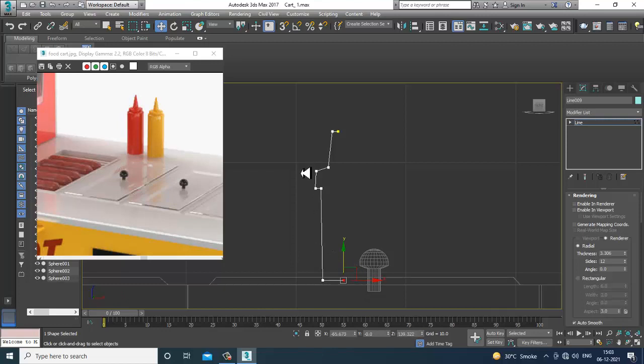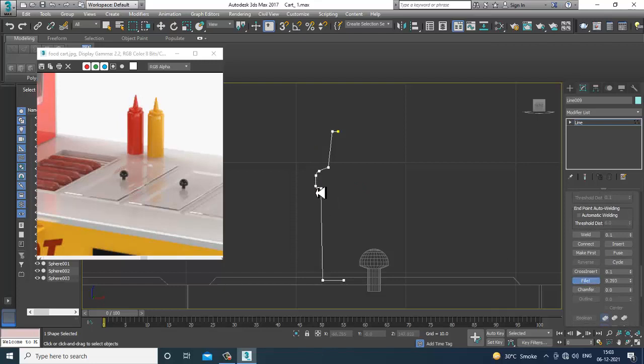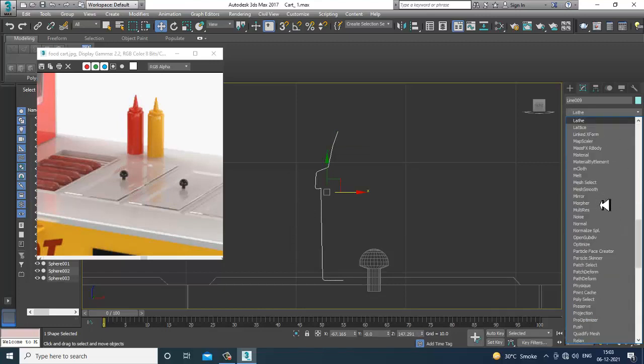Alright, so select this, just give fillet. Give a bit of fillet over here also. And let's give a lathe modifier.